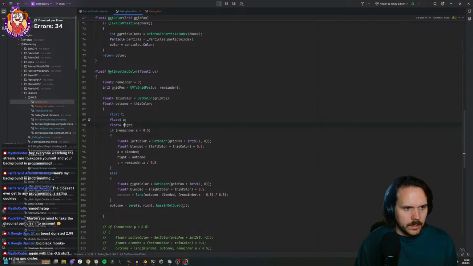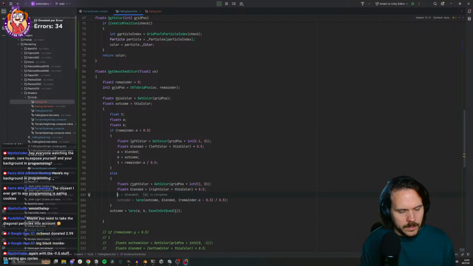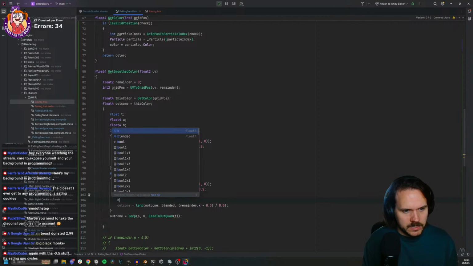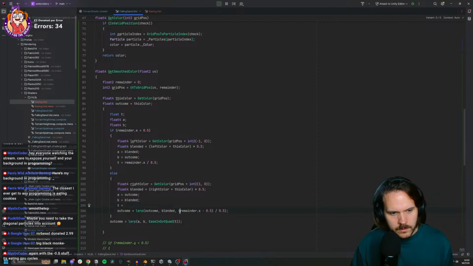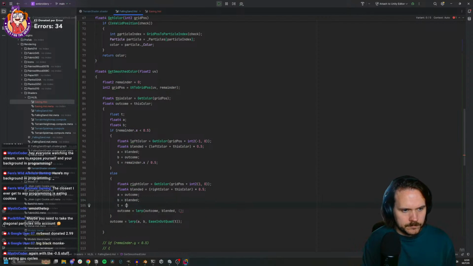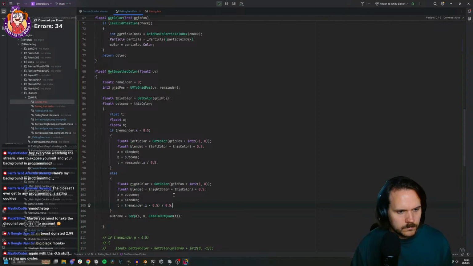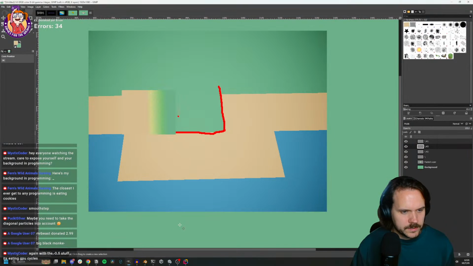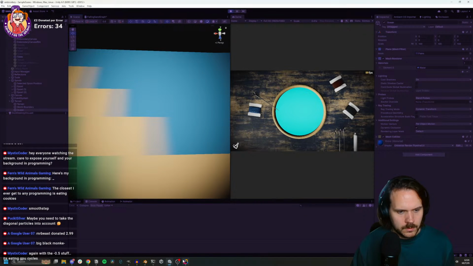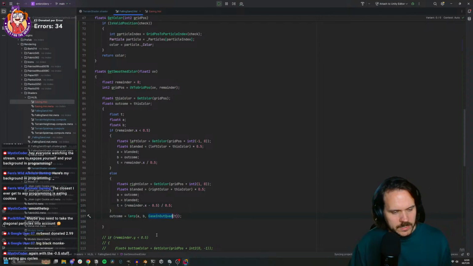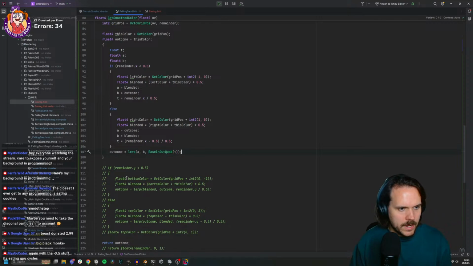Let's do A, B. And so A is outcome, B is blended, T is this guy. So this should look the same, more or less, just with the easing. And then if we do the same thing on the y-axis,